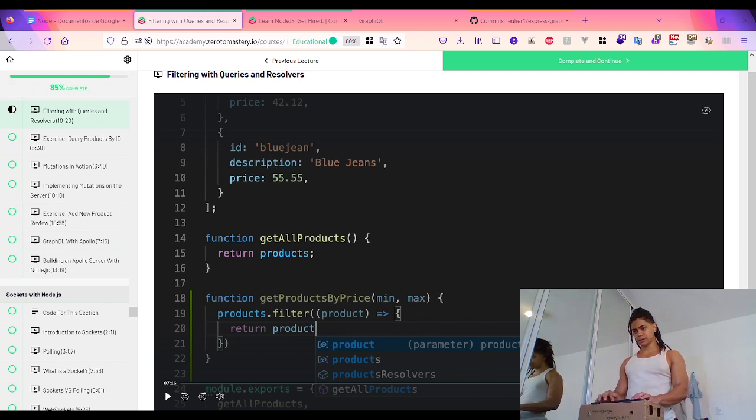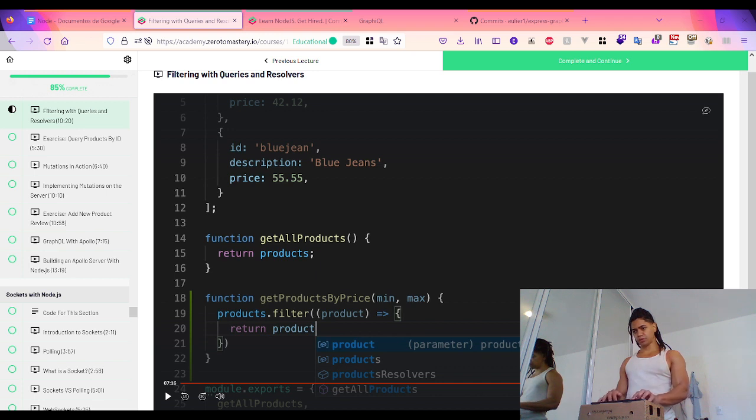In our case, it's in memory, so we filter, and here what we pass is a predicate. What you get is the product, a single product, where by defining a block section, you're going to return this